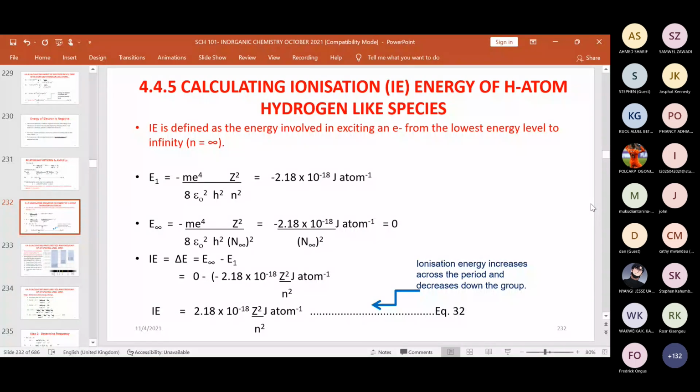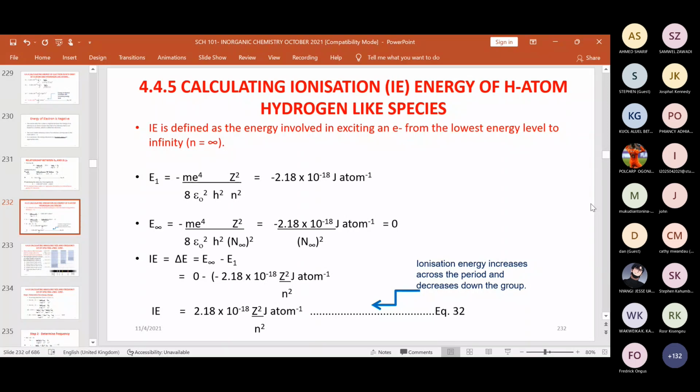So that is what causes the ionization energy to increase: the increasing nuclear charge pulls the electrons, and so you need more energy to remove an electron from that shell. Because you need more energy to remove the electron, ionization energy will do what? Increase. But when you move down the group,